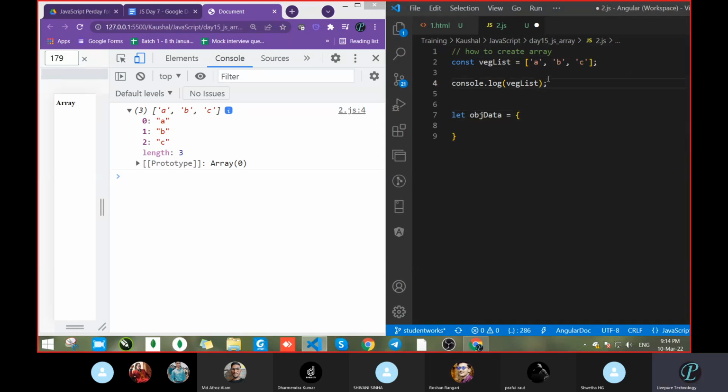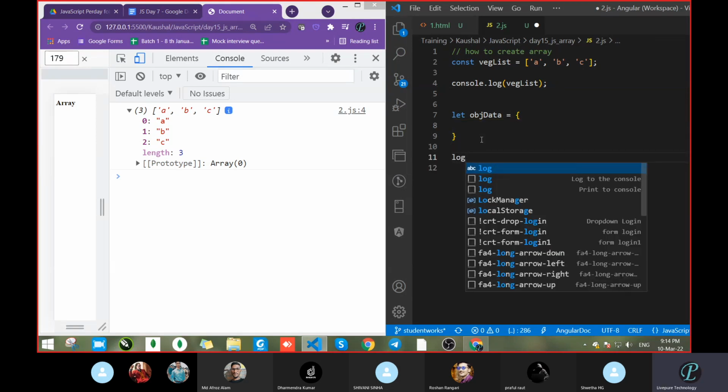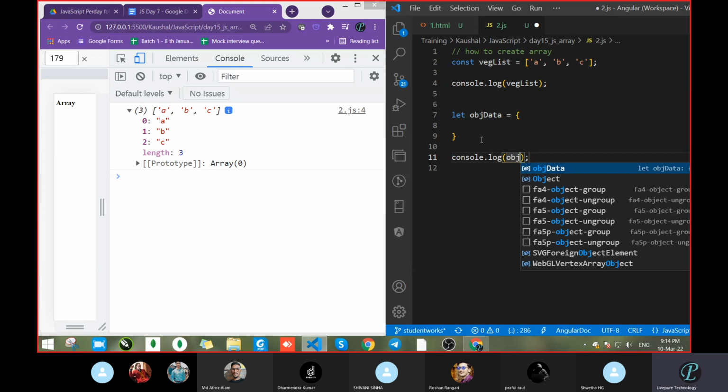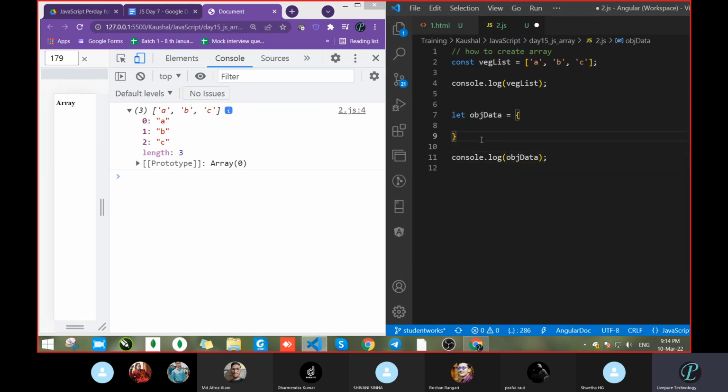So see what I had asked. Here we are getting 0 in front of A, in front of B we are getting 1, in front of C we are getting 2. So we are getting something. Now tell me the objective: pass some data in the object. Fast. If you don't speak, I will remove you from the call. Seriously.